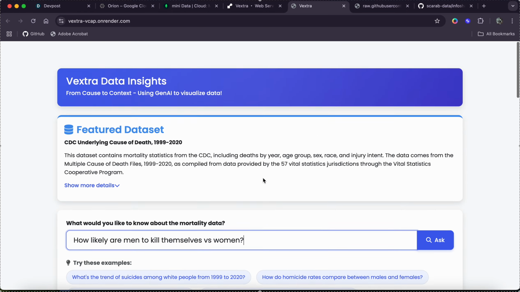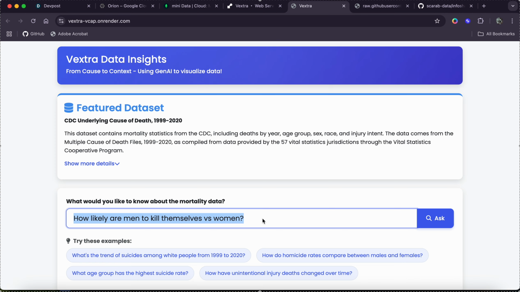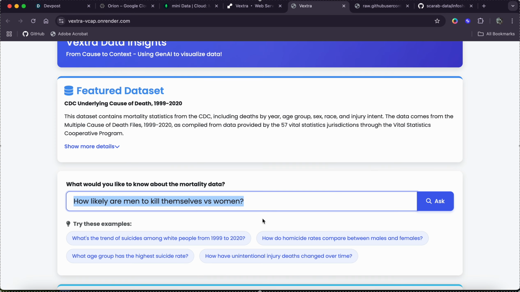Now, if we do our own question, what'll happen is it will not find a match. It will then send the request. The Gemini 2.0 Flash model will generate some Python code, create a chart, and then using the data that was used to create the chart, we will send that back to Gemini 2.0 Flash, and it will generate a text analysis as well. So what we'll do here is we'll say